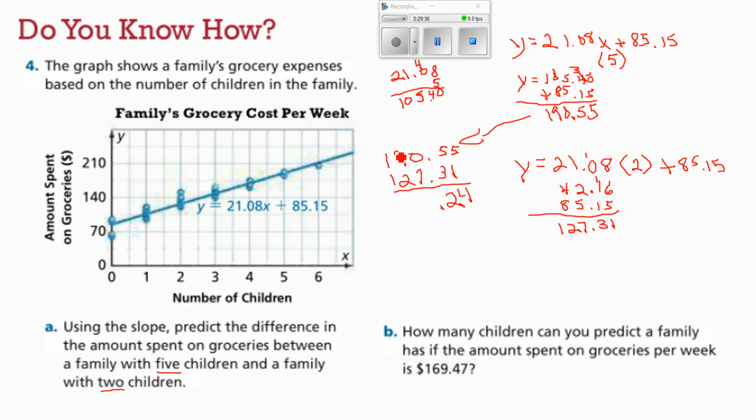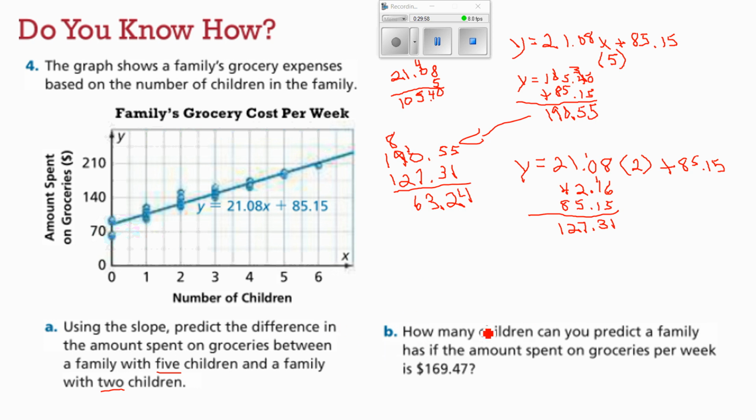I have to borrow 1. 10 minus 7, it was a 7, right? Yes. That's 3. And 8 minus 2 is 6. Looks to be about a $63.24 difference in the two